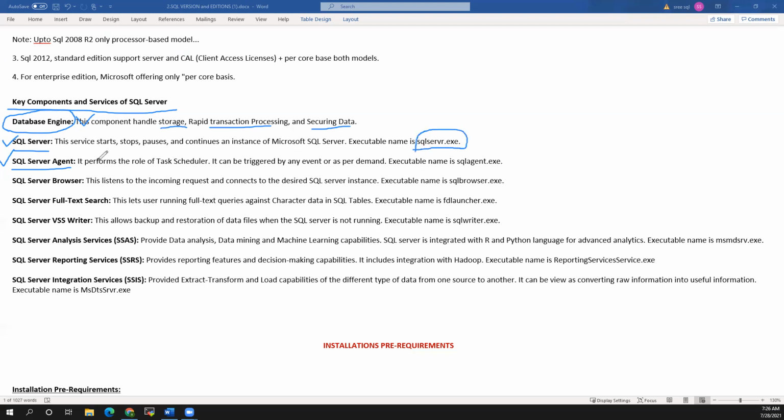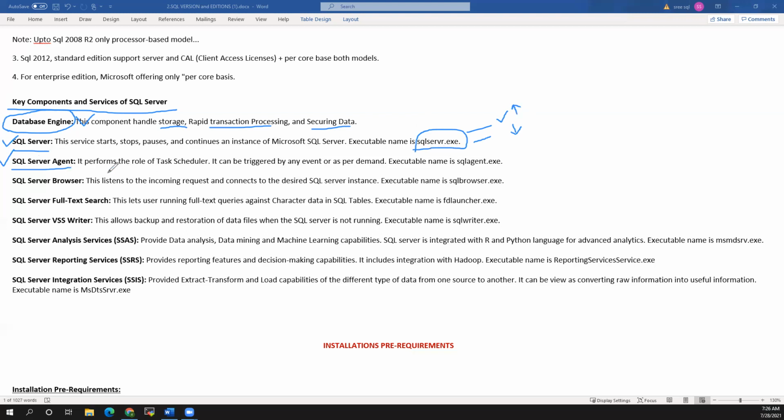If this service is stopped, our SQL Server box will be down because all the databases reside on this SQL Server. Once it is started, all databases will be up. If stopped, they are down.